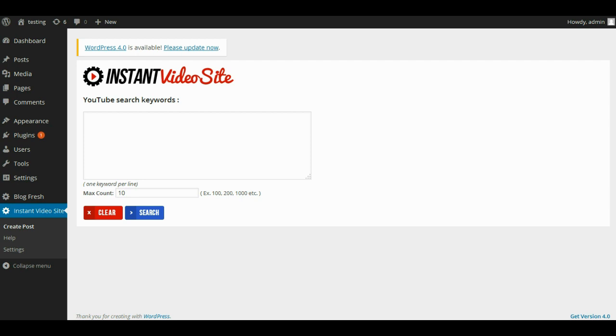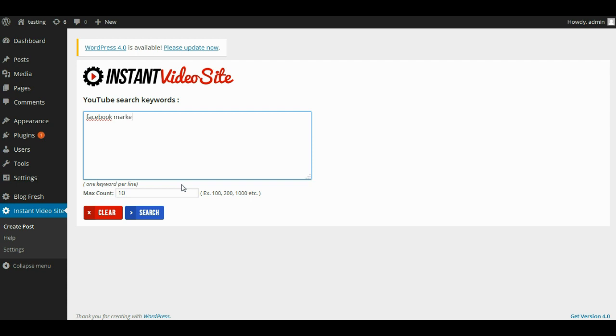And there's also a lot of linking options that are built into the plugin, and I'll show you them right now. In fact, the best way to explain the plugin to you is probably to show it to you. So let's go ahead and dive into it, and I'm going to show you exactly how it works. So let's just say I want to create a website that is relevant and based around the Facebook marketing niche. So I'm just going to enter my keywords and I'm going to type in Facebook